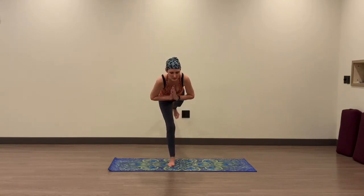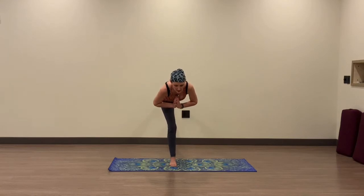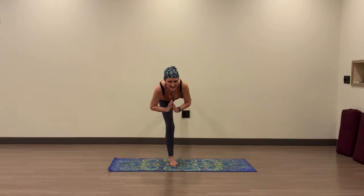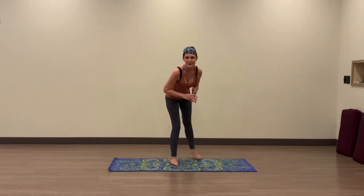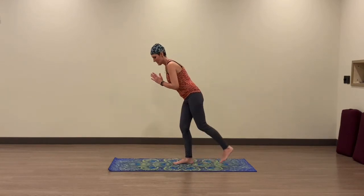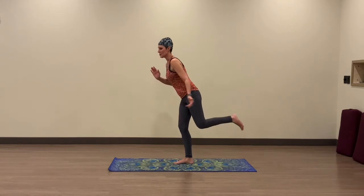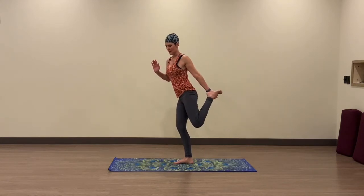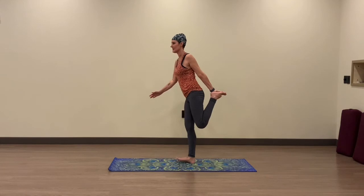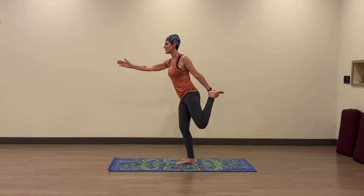Imagine that your kneecap is really pulled up into your thigh here. You're trying to be parallel with your upper body. Your right leg is straight with your toes pointing to the ground. Beautiful. And now slowly hinge yourself forward as you reach around and grab the inside of that foot with the same hand. Find your balance and just begin to push